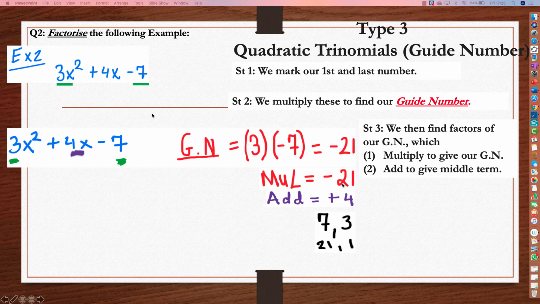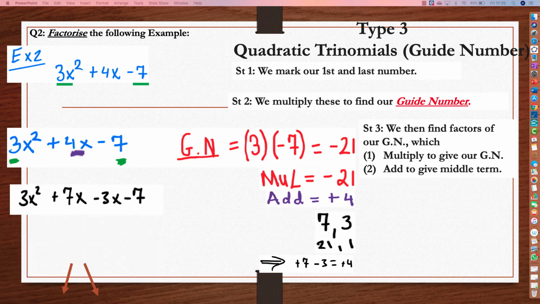Right, what way are they going to work? 3 and 7, what way though? 7 minus 3, perfect. You've got to make sure you both get plus 4 and the minus 21. So the only way we can get that is plus 7 and minus 3. So instead of 4x now I'm going to put in a 7x and a minus 3x, and literally you just